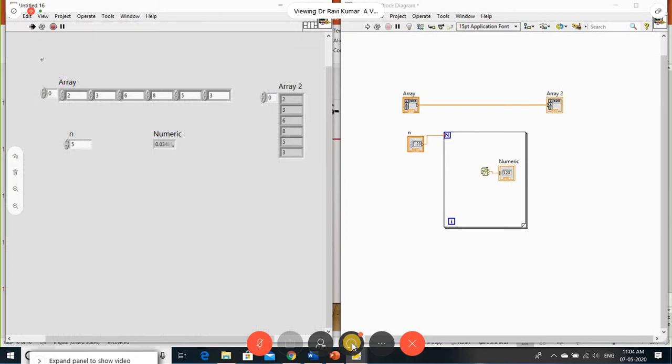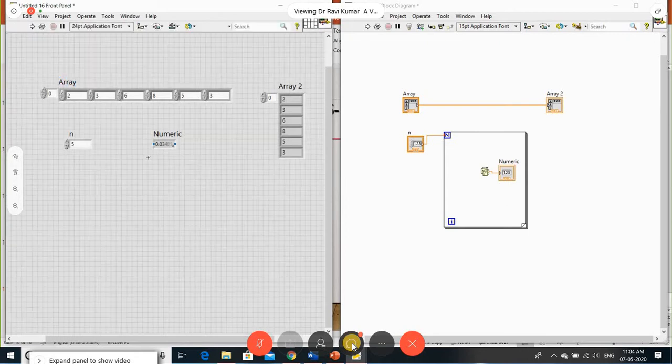Let me run this. You can see that the random numbers are generated. I want the values outside. Just take that indicator outside. Now it is taken through the tunnel. This is what we call a tunnel of the for loop.